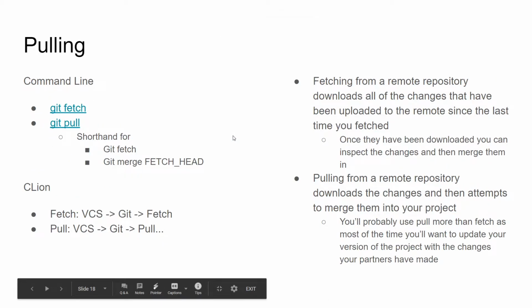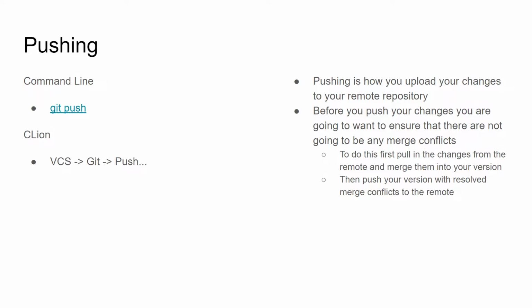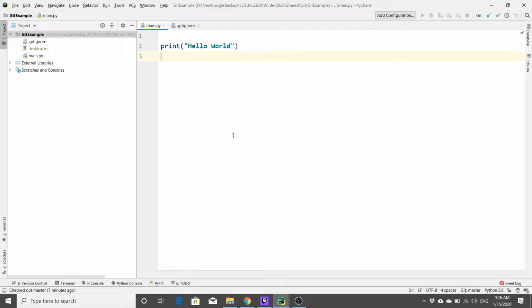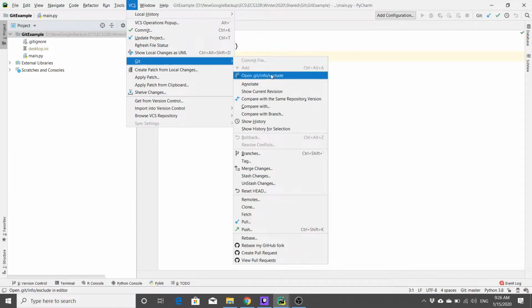The first is we can pull changes down, so that we can get any new updates that have been made, and we can also push the changes from our machine up to the remote server. So we'll actually switch over to pushing first. To push to the server, we're going to go to version control, Git, push,